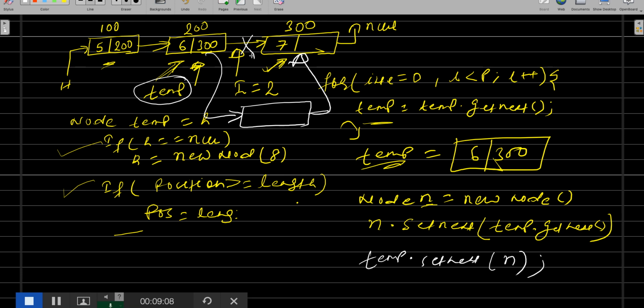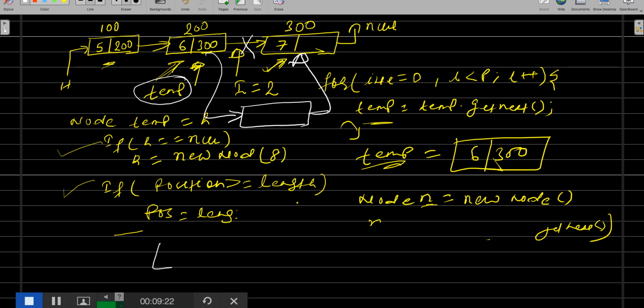So finally, how will this look, let me show you by erasing some of the text here. Yeah. So finally, once this insertion happens, your head did not change. Head will be pointing to the same node 5.